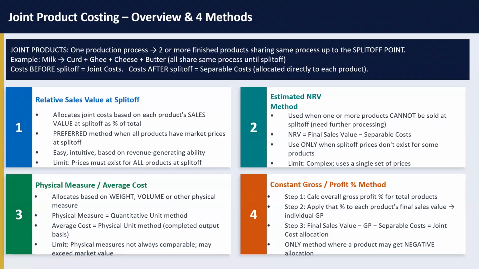Okay. So next up we have the physical measure or average cost method. So what happens in the physical measure method? Based on the physical quantities such as the weight, the volume, the number of units, you will be allocating your joint cost. So it's a quantitative unit method itself. And here what happens is,